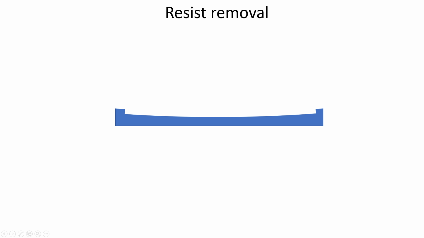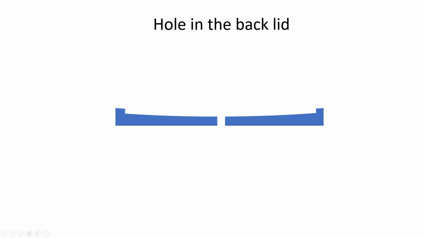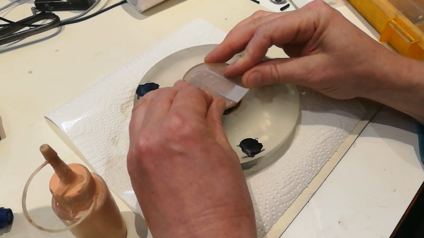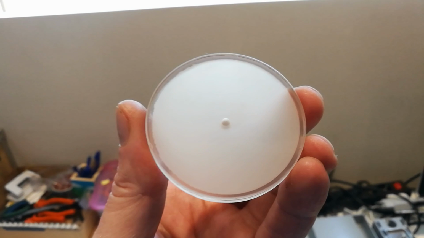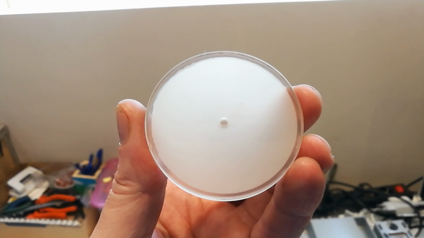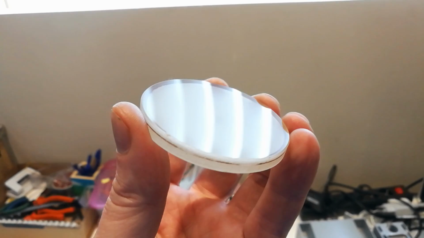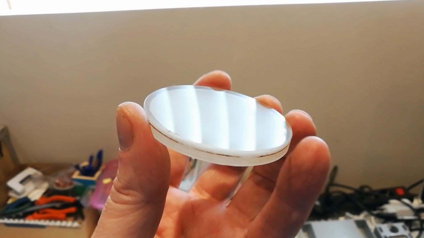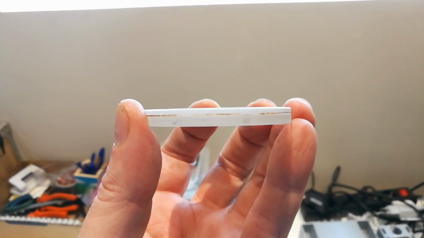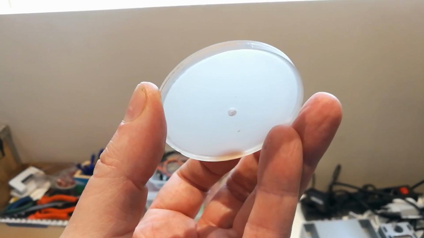Then I removed the edge protection and drilled a hole in the back of approximately 4 millimeters in diameter. The parts were then glued together at the edge using UV curable epoxy, and after this the front surface was polished using optical pitch polishing. So this is the result, and as you can see, the mirror is not coated yet with a highly reflective aluminum coating, and this is because in my setup the mirror shape can best be measured when the surface is still uncoated and reflects about 4% of the incident light.